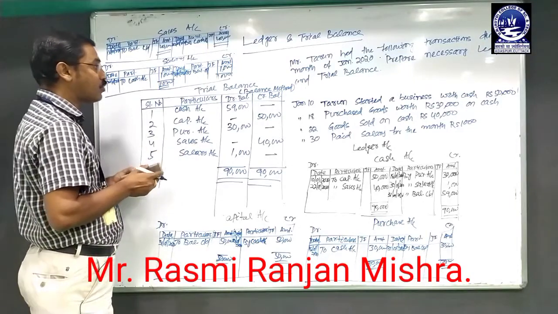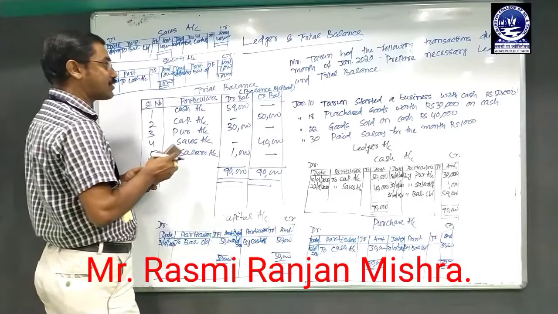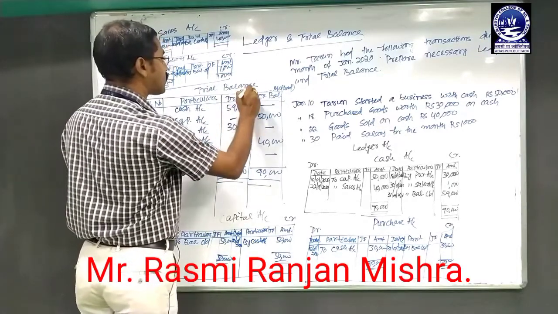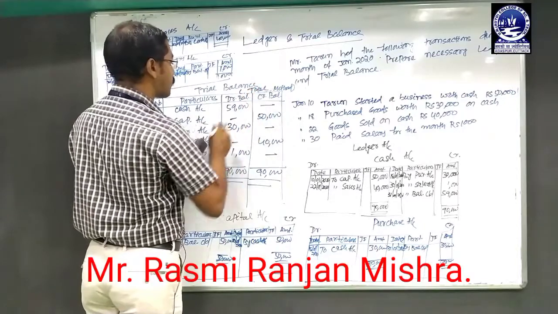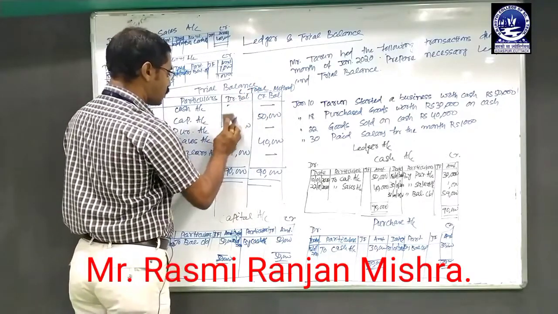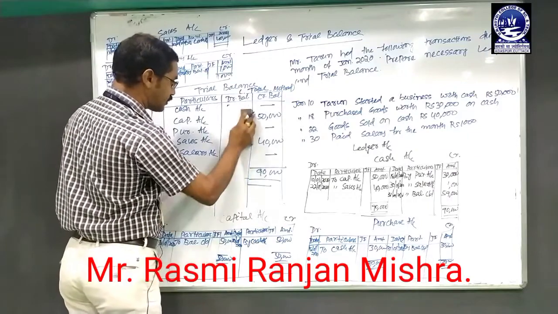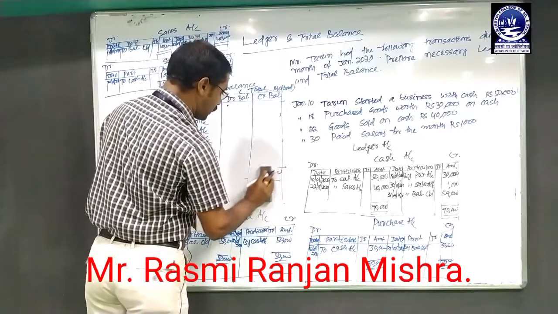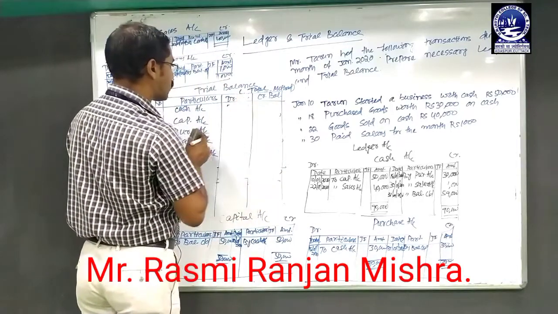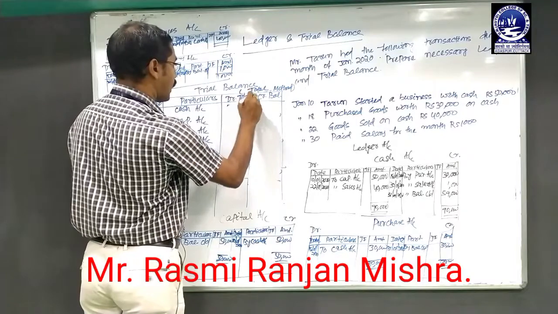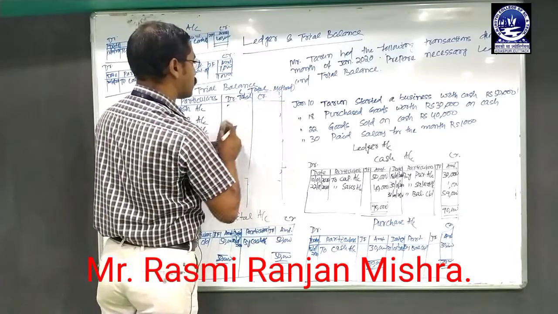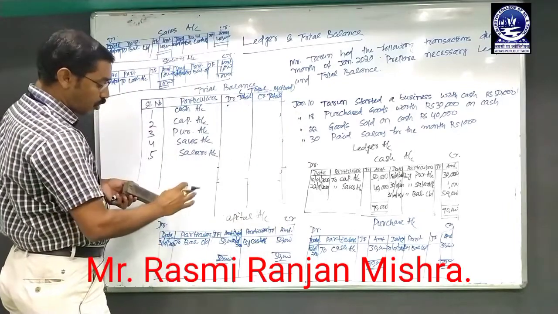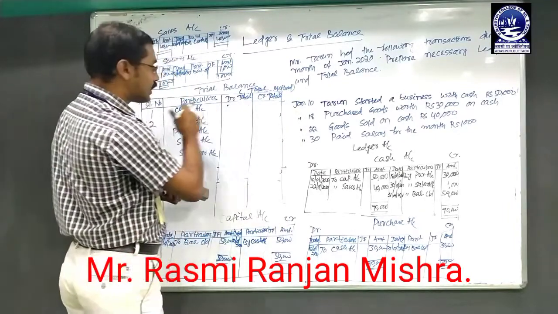Now the second method we are going to discuss under trial balance, that is trial balance under total method. How the total method of a trial balance is prepared, that we will discuss. One little bit changed in the formatting of a trial balance. Instead of a debit balance, we put it as debit total, and instead of a credit balance, we put it as credit total. So we put the total of a debit as well as credit in a trial balance.